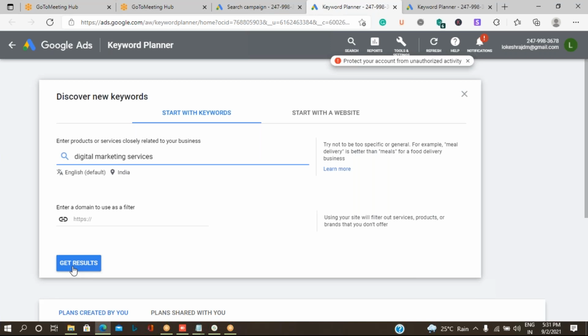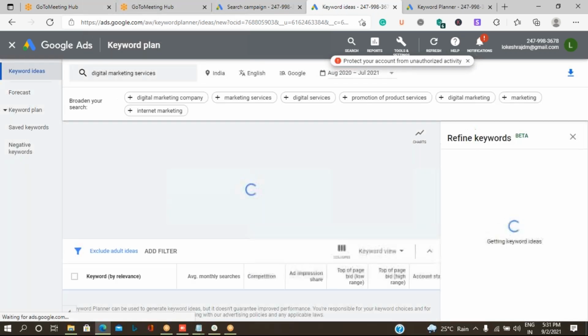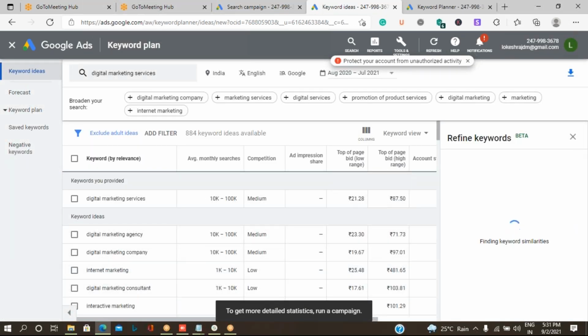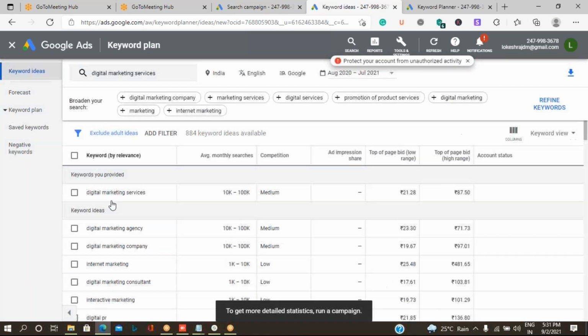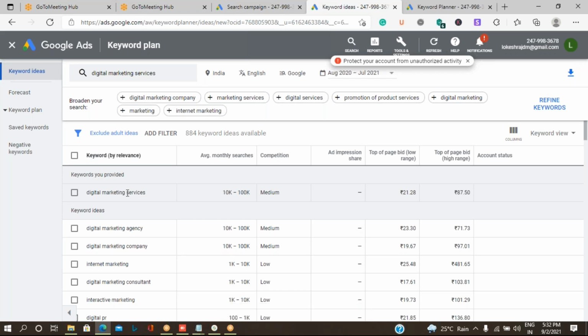So type it and click on get results, and you can see the result for that particular keyword, how many people are searching it. There are 10k to 100k people searching by using this keyword.